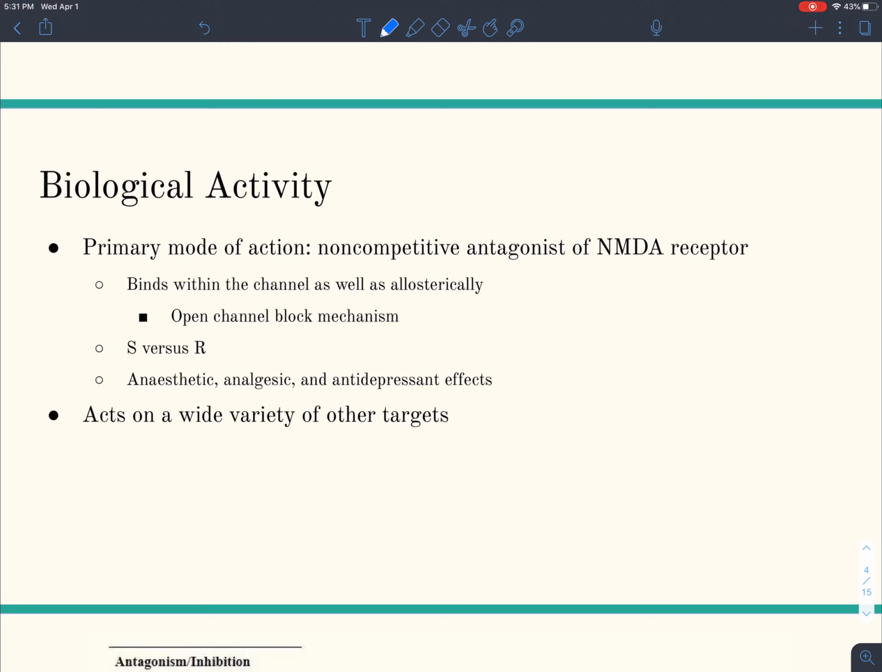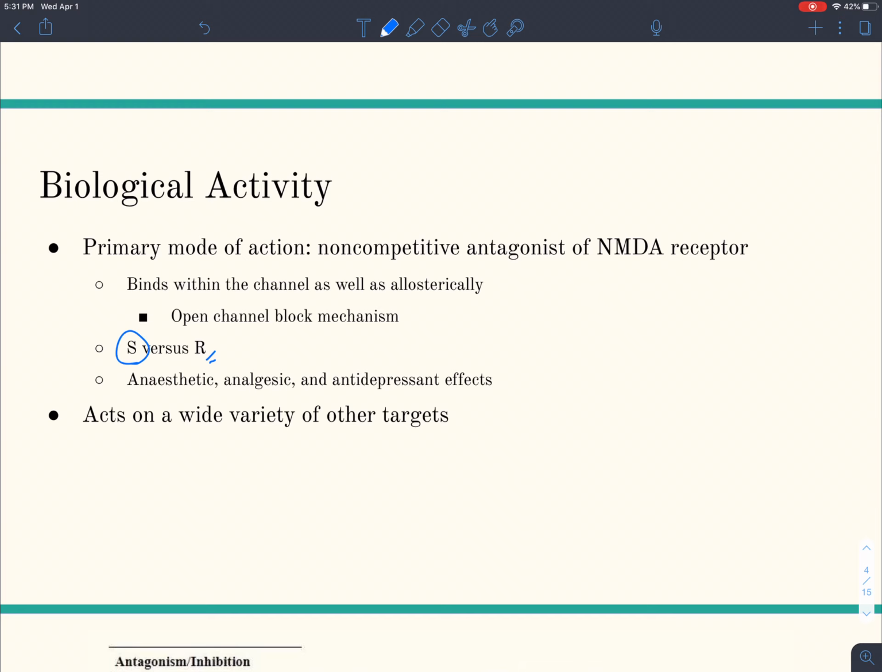So the S isomer has been found to have a higher affinity for the NMDA receptor site, and this produces 3 to 4 times greater anesthetic effects, but also a more rapid recovery of psychomotor skills and decreased incidence of emergence delirium. Other research talked about how maybe the R isomer is more effective as an antidepressant, but the Spravato